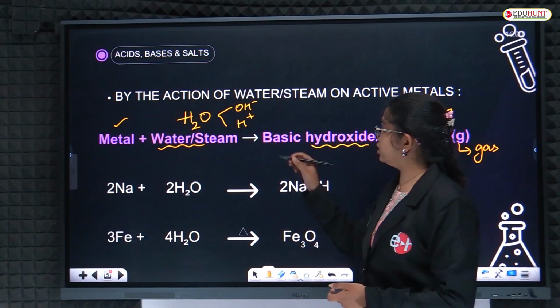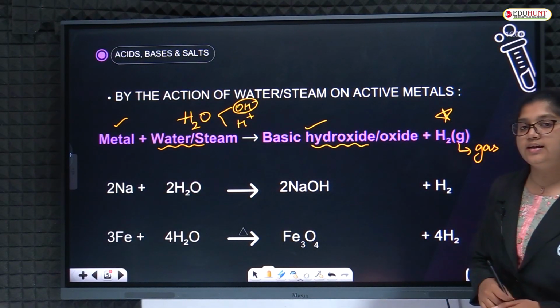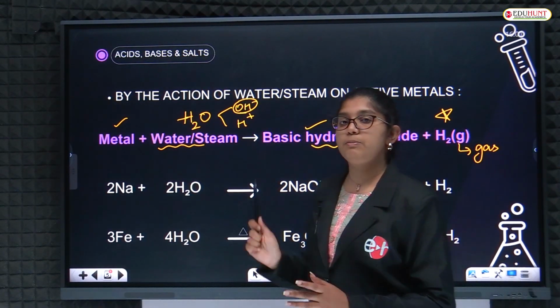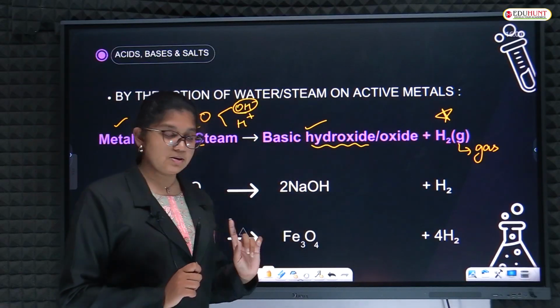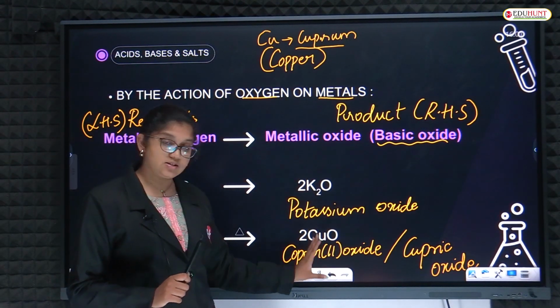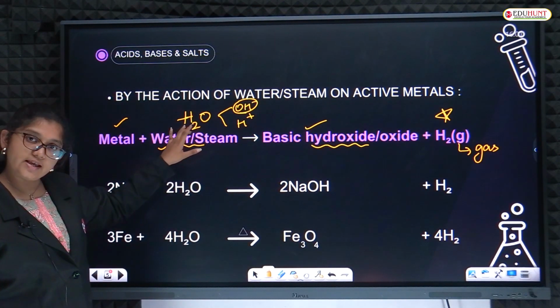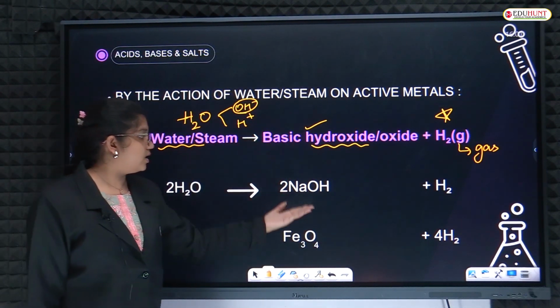Yes. So here we can observe OH, which means we get an extra hydroxide. But in the previous step we took only oxygen. Do you remember? Before, we took only oxygen, so that's the reason we got only oxide. But here we are taking water, no? Extra H is also there, so we will get hydroxide.